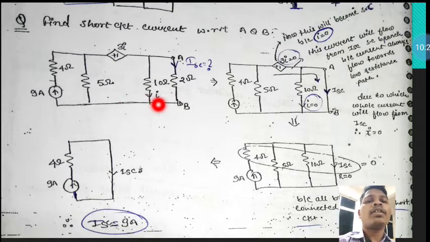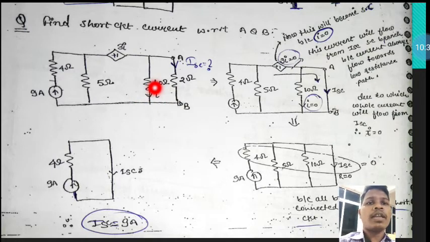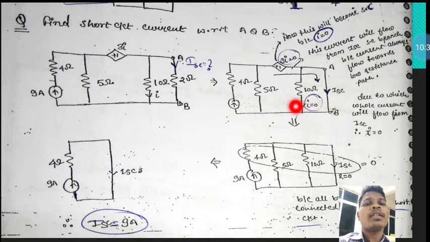So if we eliminate this element, that is the 10 ohm, because all the current will be flowing across this short circuit, then this current is 0. Because the source is dependent on this current, the total voltage across these will be 0. If voltage is 0, then all the current will be flowing in this fashion. If all the current flows through this short circuit, then this 5 ohm is also not influencing our calculation.